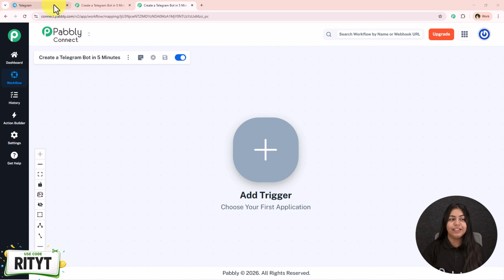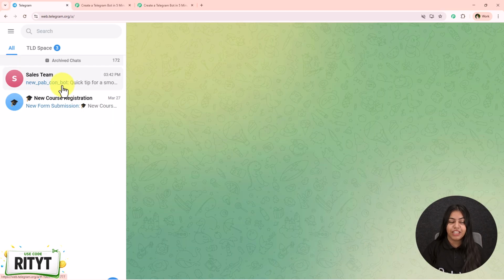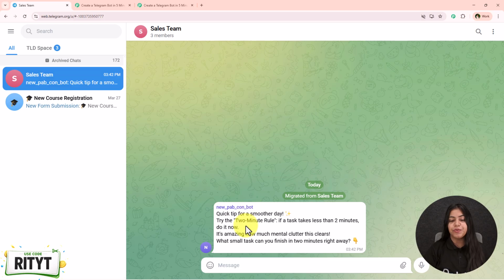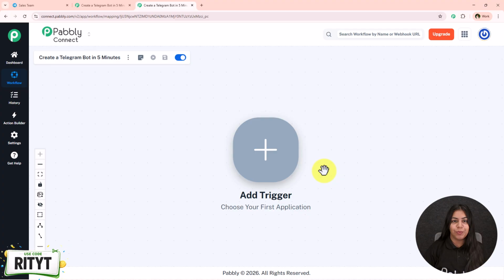Let's see how we can create a Telegram bot in just 5 minutes who's going to send daily motivational quotes to all my team members. So to do this, we just have to open our workflow builder inside Pabbly Connect if you're an existing user